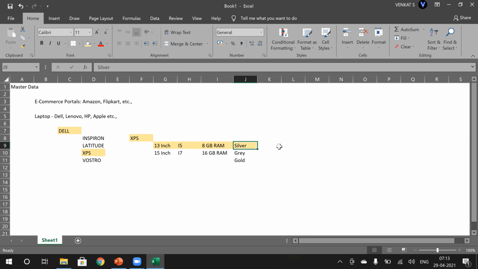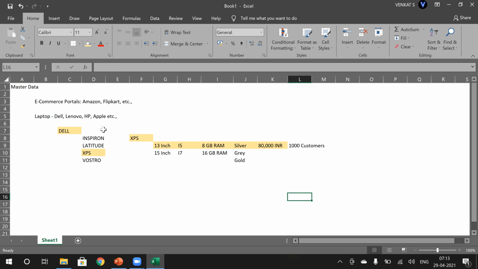Now this would have some price. Let's say it has a price of 80,000 INR. And the number of customers who purchased this product from Amazon is around 1,000.